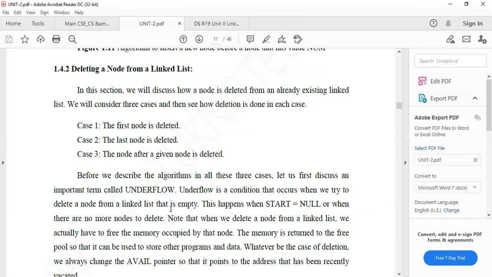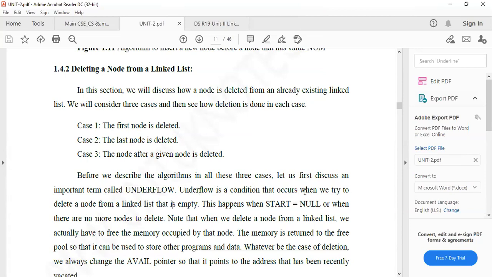If you want to add a new node, you need to check whether the stack is overflow or not. But if you want to delete a node from the linked list, first of all, we should check whether the linked list is underflow or not. Underflow means there is no node in the linked list. So if no node is there, is deletion possible? No. That thing you need to check here.